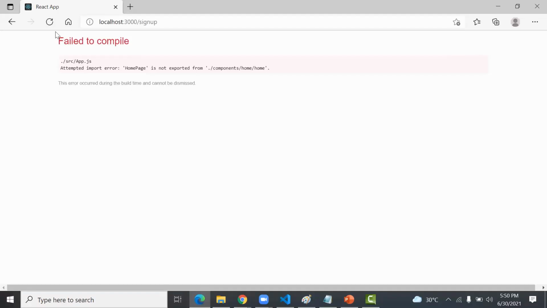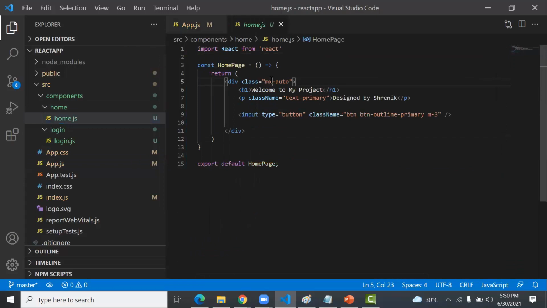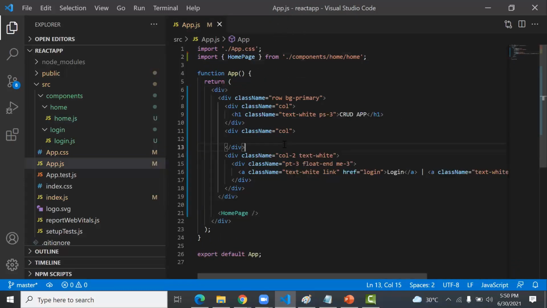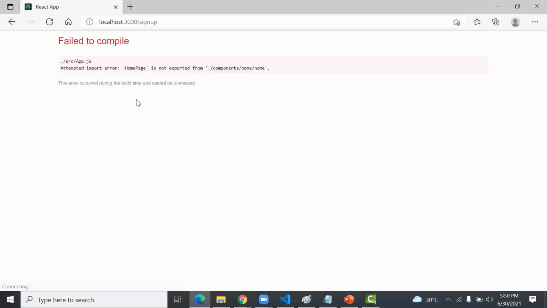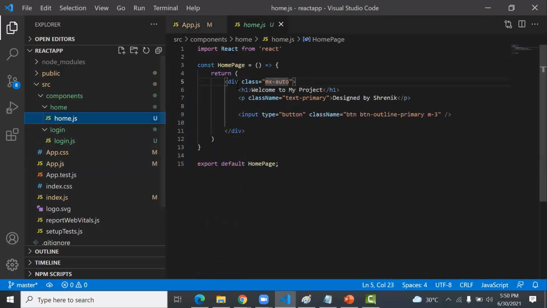Save this page, refresh, still. So home page must return. Yes, it returns me the